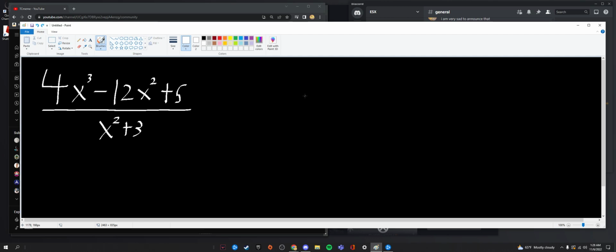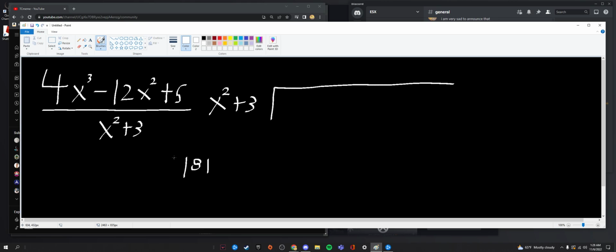So let's do it. We have 4x cubed minus 12x squared plus 5 over x squared plus 3. So we're going to do our little division table here. And the idea behind polynomial division is pretty simple. Similar to long division, in that when we do something like, say,